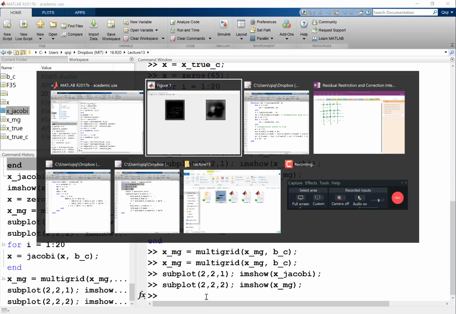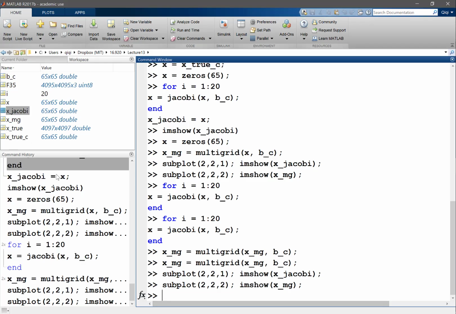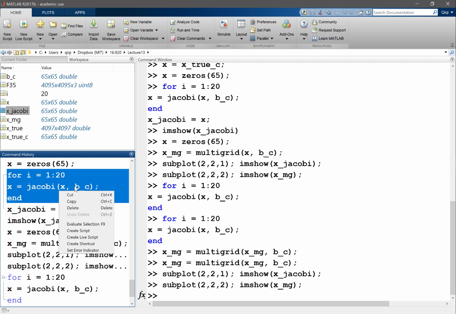Okay, so this basically tells you a little bit about the properties of multigrid. Basically, by going to the coarse grid, even with the same number of iterations, you get a faster convergence, right? So just to make it a little bit more convincing, let's actually